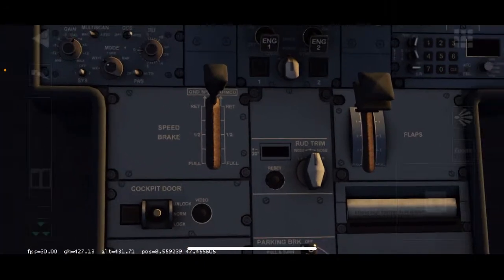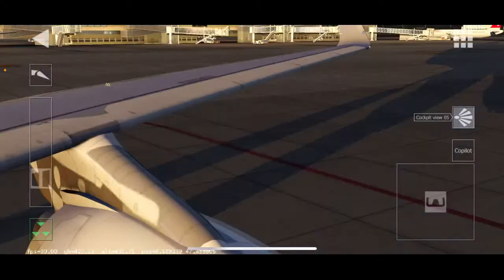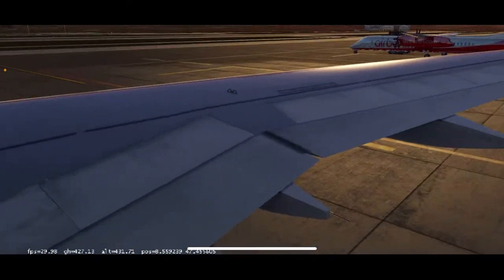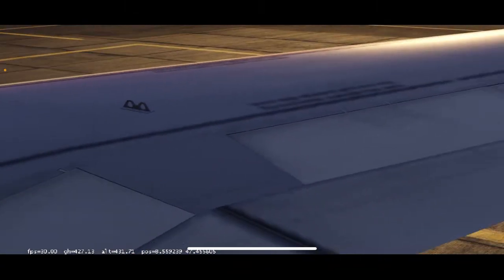The speed brakes basically, let me show you guys. Let me go on the other side. The speed brakes, when you apply them, they basically slow down the plane. These go up. Not the flaps, but this little flaps over here. Those go up, and it slows down the plane.